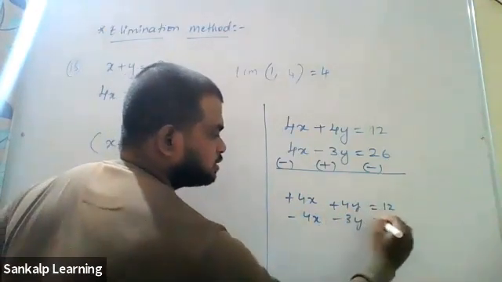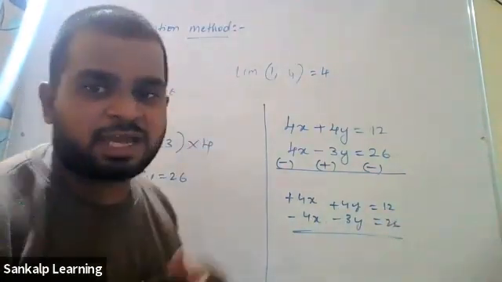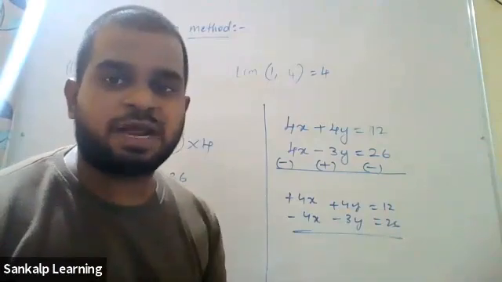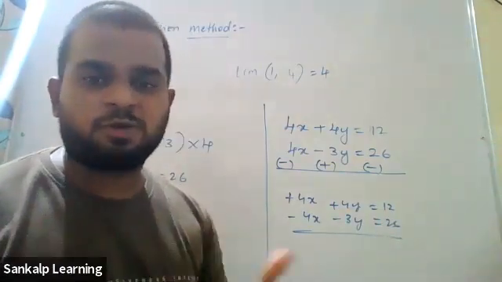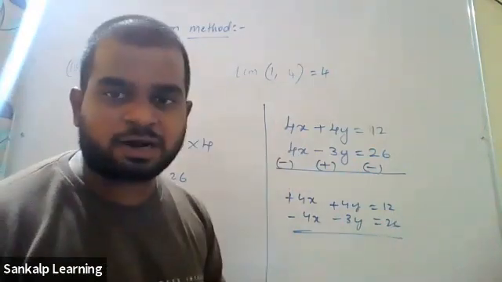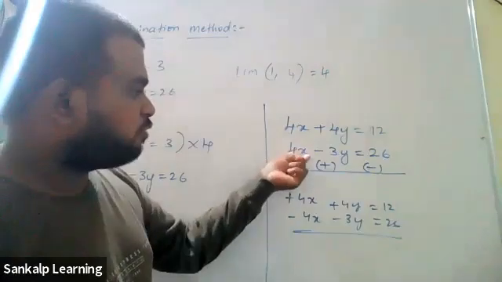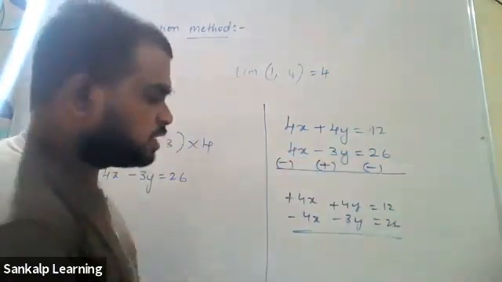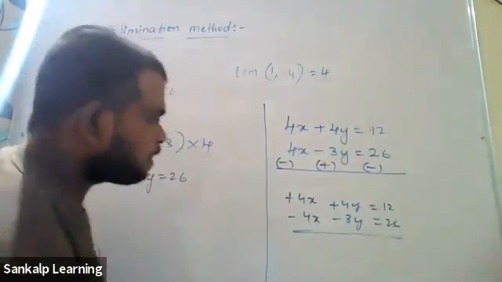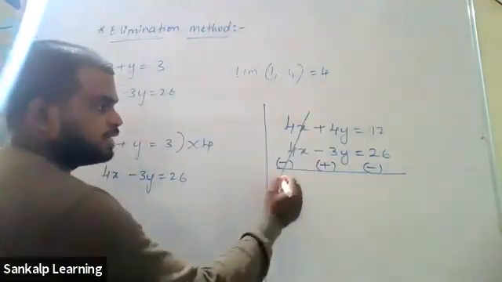Okay, let me write it fast. If they've got it like this, why am I changing the sign? Very simple. You have to subtract it, right? When will you subtract it? With opposite signs. But here it is the same sign, plus and plus. You can't subtract it. So to subtract it, you're going to change the sign. You cannot change only for this one. You have to change throughout. So that is what I have done. Okay. Let's do it. Plus 4x minus 4x gets cancelled.